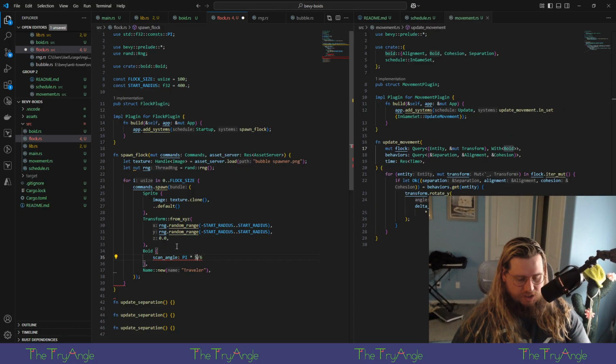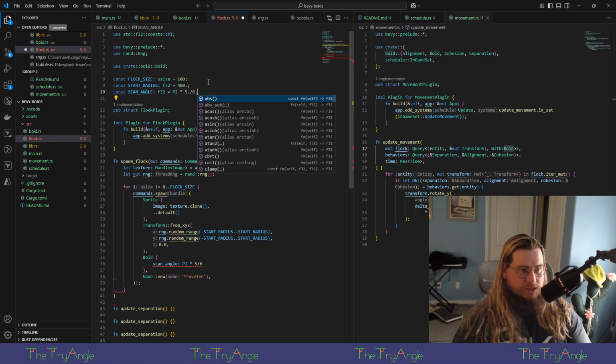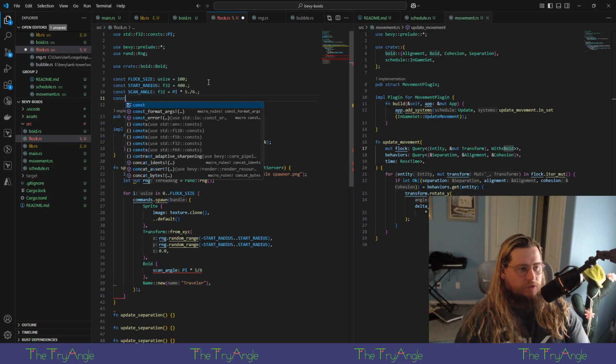times 5/6. In fact... Let's see. Here we go. Pi 5 dot divided by 6 dot. Here we go. And